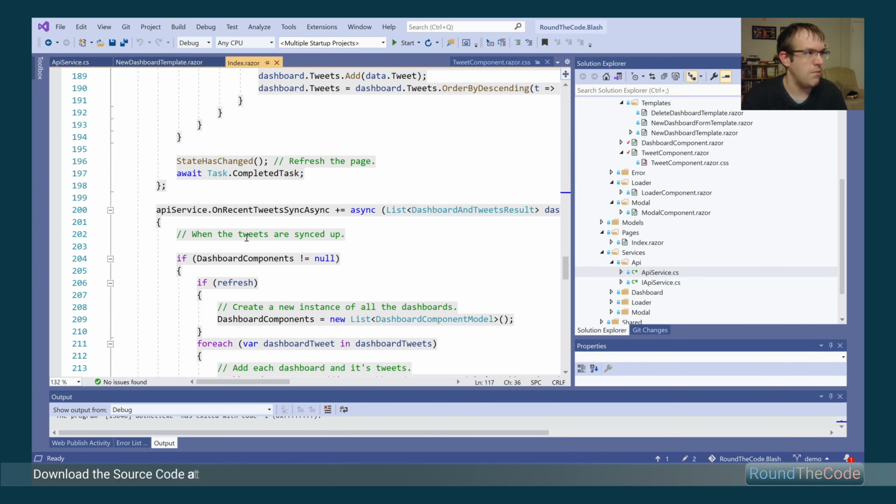And we've got a couple of other things as well, like if we're syncing up the recent tweets again so they don't get too out of sync. In the background, it resyncs sort of every 10 minutes or so, although it might be up to an hour, but it will basically do a complete resync and make sure that all the tweets are up to date